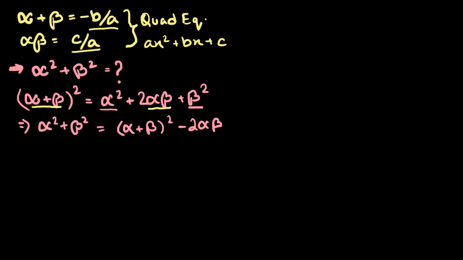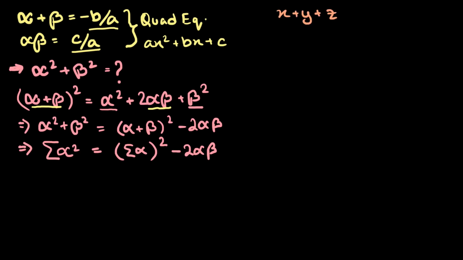This we can write more simply by using the sigma notation. This is another use of the sigma notation. Here we don't have any index, right? We don't have a starting value of r equals 1 or anything like that. We don't have an ending value of n or anything like that. Here we're denoting a cyclic function by putting the first term of the function inside the sigma. So instead of writing the entire cyclic function x plus y plus z, we can just write sigma x. Similarly, sigma xy denotes xy plus yz plus zx.